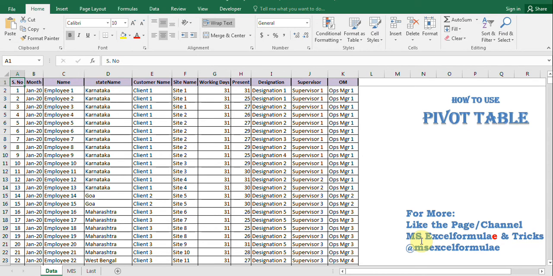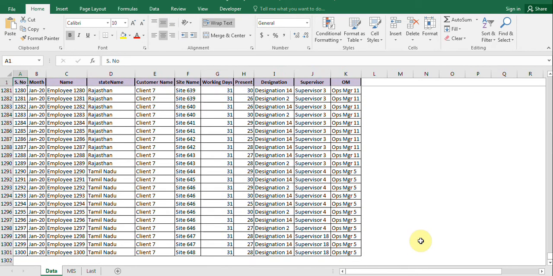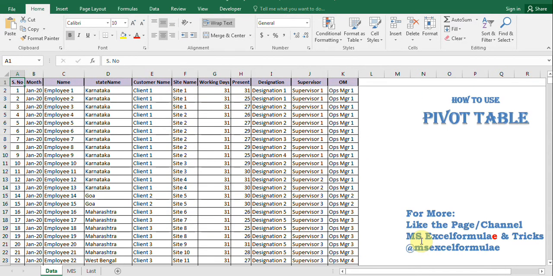So the data we have right now is a salary sheet of a company, having serial number. There are almost 1300 data rows I have created. For the month of January 2020, employee names I have replaced with employee 1, 2, 3, 4, 5, 6.